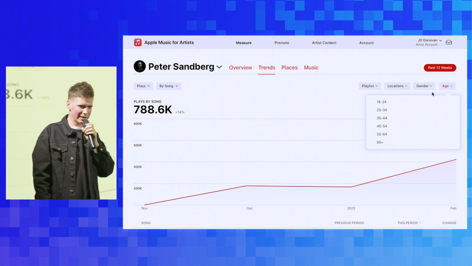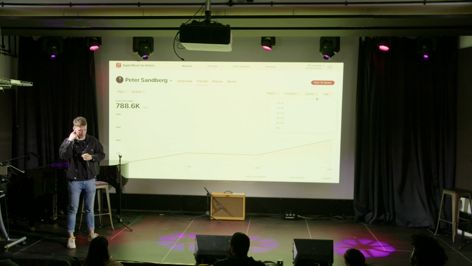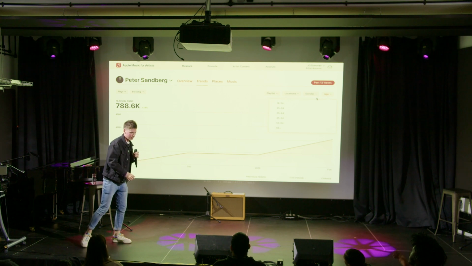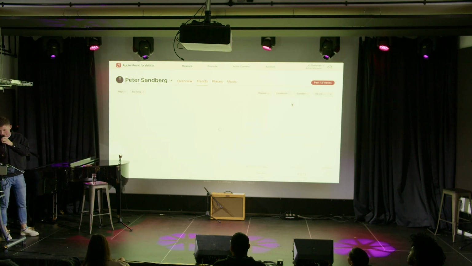What do you think the biggest age listenership for his music is? So you're saying older, 45 and older? If we go 18 to 24, we can see a reasonable increase, minus 5%. If I filter that by lifetime, 1.4 million of his plays have come from the youngest age category.